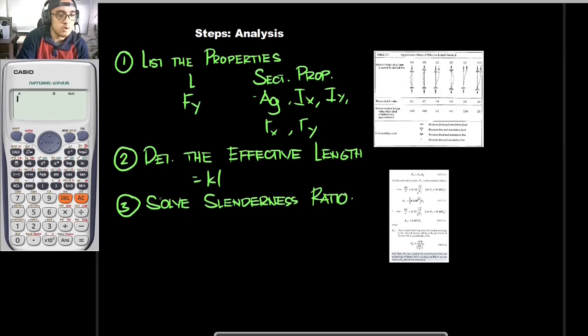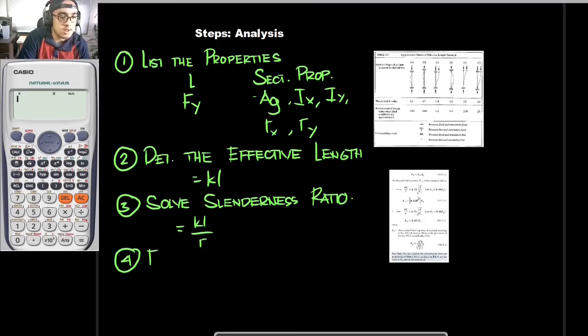Ratio. And how can we solve that? Slenderness ratio is equal to KL over R. So, this KL would be the effective length. So, basically, that is just the effective length divided by the radius of gyration. Okay, so after we have solved for that already, our next step is to solve for the elastic critical